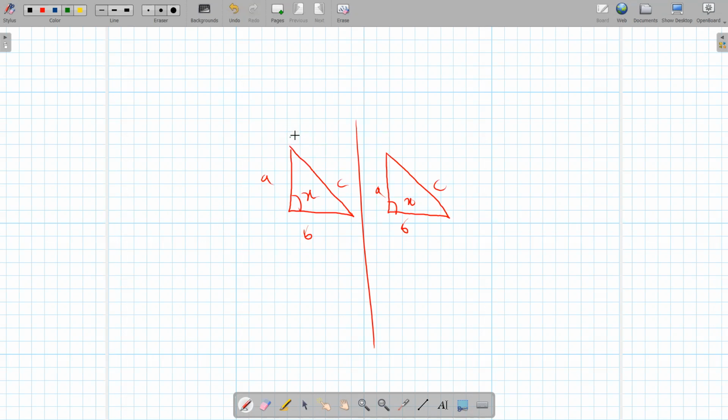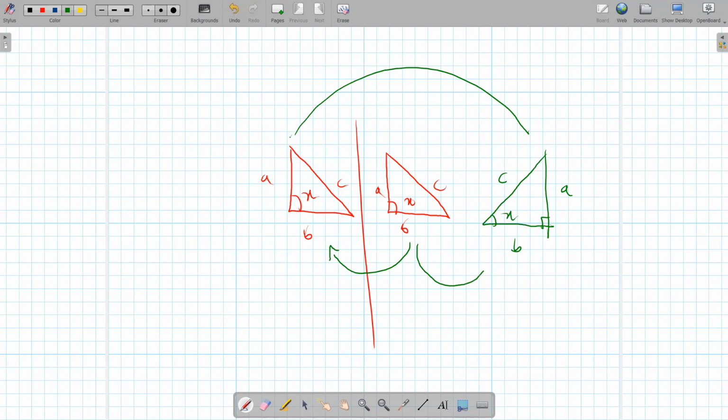Even this triangle, instead of drawing how it looks, I can also draw it the other way around, like this, where the angle is still X, and this is BC, this is A, this is B. Now this triangle is the exact same thing as this triangle. This triangle is also the exact same thing as this triangle. The only difference is this one in green has been flipped, right? But ultimately all three triangles have the same shape and the same size, because A there is still A